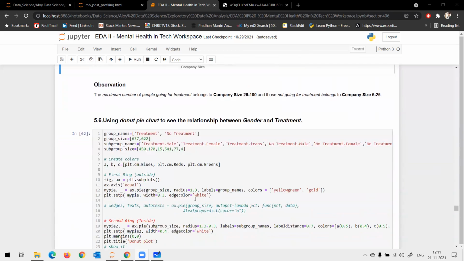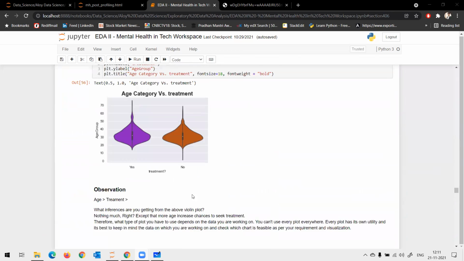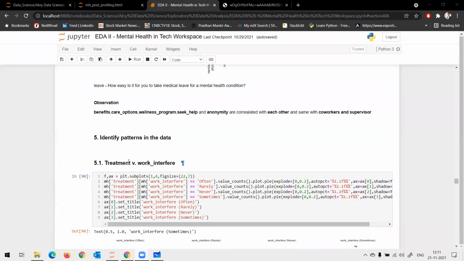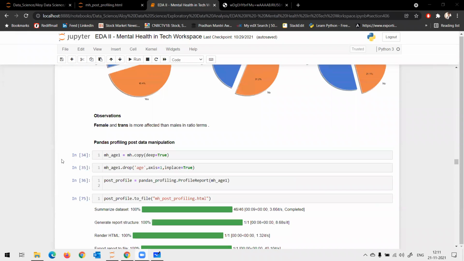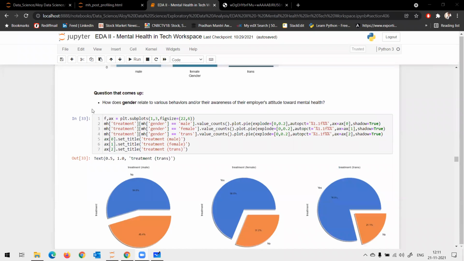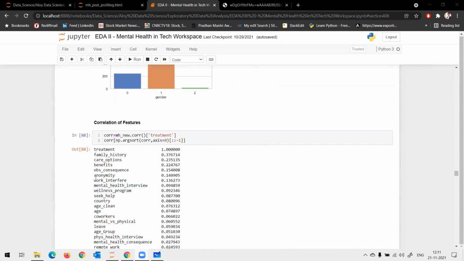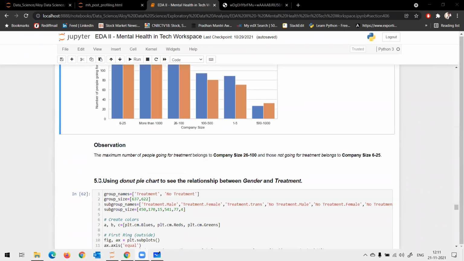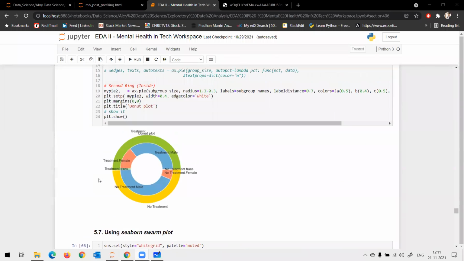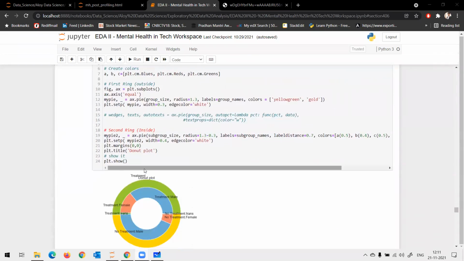Coming to finding the relationship between gender and treatment, this is something we have already done, correct? We have already done it well before the EDA, and if you want to showcase this analysis in some other way, you can go for a simple bar chart, or you can go with the donut chart.